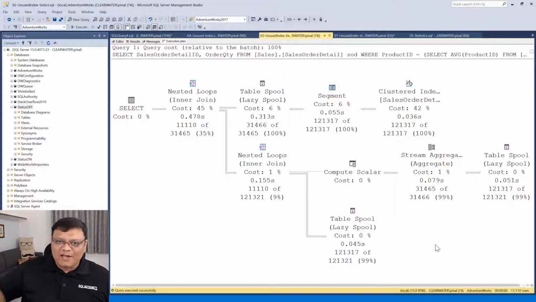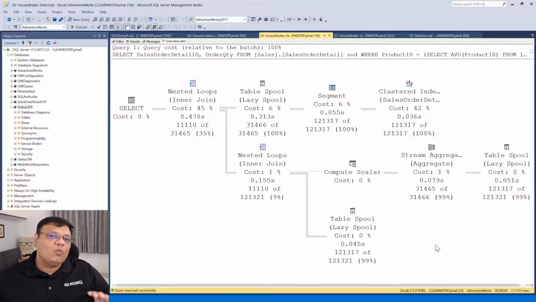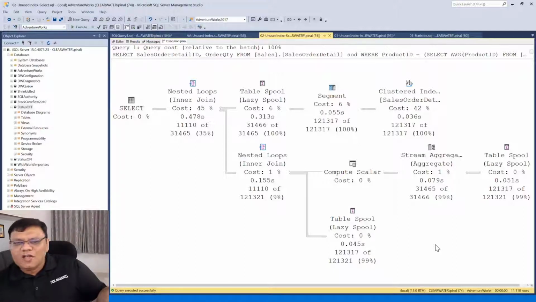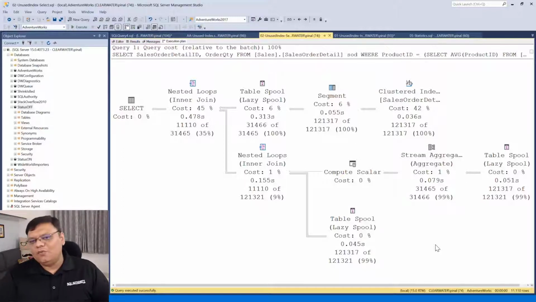Yeah, please go ahead, write in the chat window. This time I'm not going to count 1 to 100. Maybe I should count 1 to 1000. What do you guys say? 1 to 1000. All right, we're done. What is your answer? What do you think is wrong in this query? What should we improve? Which operator looks like a troublemaker? I would really like to see what you guys come up with. That's why I'm giving you a little bit of time to look into this and give a suggestion for improvements.